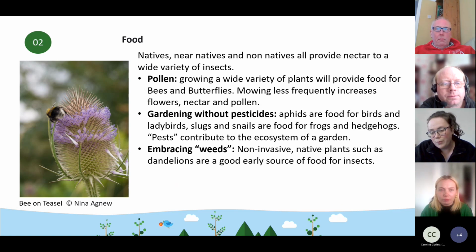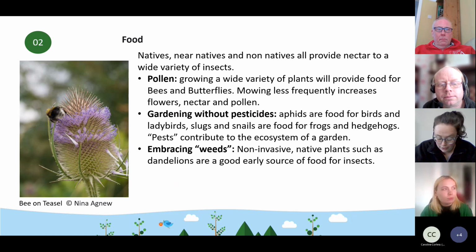In the past, we've always been focused on things like native plants, but there's a lot of evidence now to say that you can introduce non-native plants as well. They're all a really good source of nectar, but what we just have to be careful about is invasive species. And if your space has got invasive species, we want to be knowing how you're going to be controlling that as well. So things like Himalayan balsam, if you could put controls in through your project to reduce Himalayan balsam and improve planting in a different way that's beneficial to wildlife, that is great.